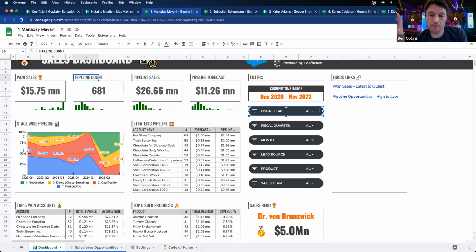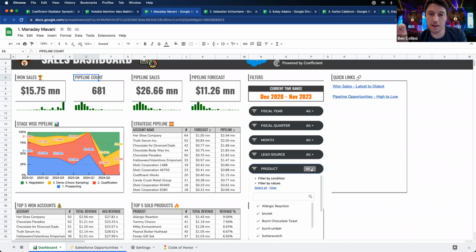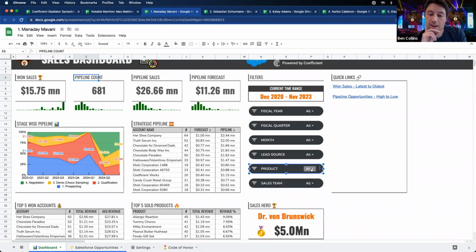Because they float on top of your dashboard, sometimes they can move around and they don't stick exactly where you want them. So they both have pros and cons. I would try and use slicers when I can for that control aspect I talked about, but as I said, they work better with pivot tables than the drop downs tend to work better with the formulas. So it kind of depends how you've set up your back end as to which one might work better for you. Another thing I like